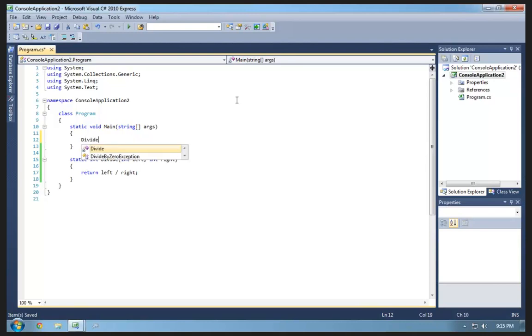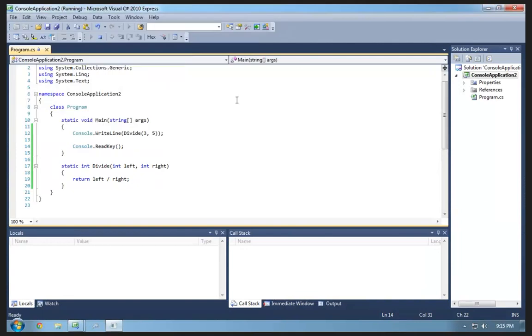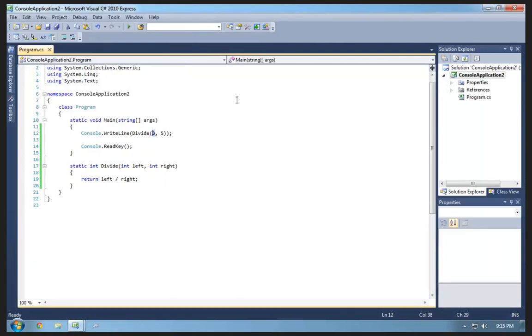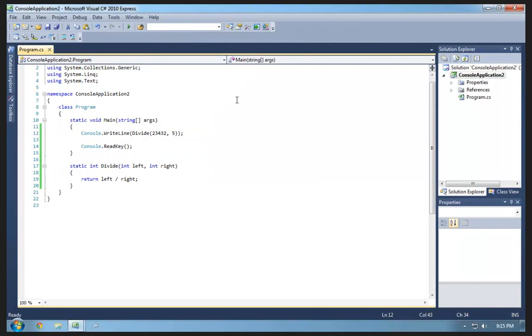So, divide currently only takes in integers, and there's really no way to edit that behavior. So if I wanted to divide 3 by 5, I'll get 0. If I wanted to divide that number by 5, I would get that, and there probably should be a decimal place there, but there isn't. So, I'm not going to divide by 0. Okay, so C# actually gives us the ability to